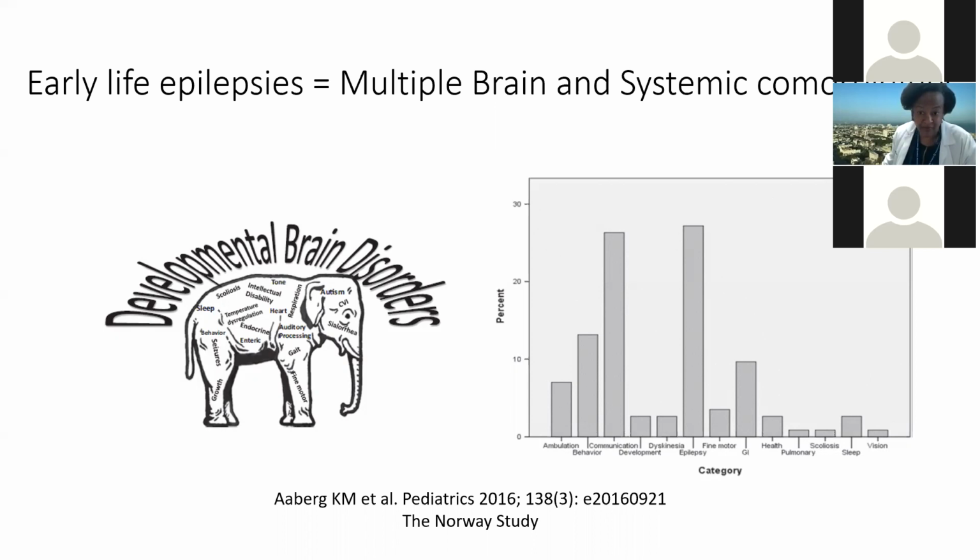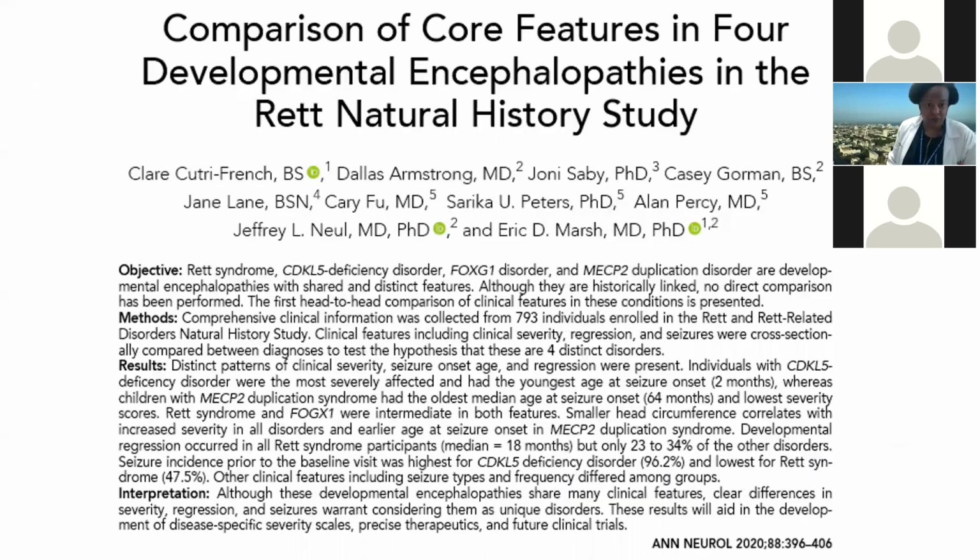Okay, and I think that vision is scoring low here because vision is not traditionally or systematically assessed in these patients. Many of my patients wear glasses because they have visual impairment. Okay, so I mentioned already the most common genes that we see associated with developmental epileptic